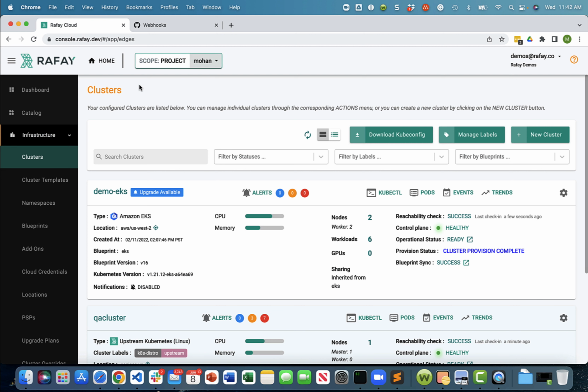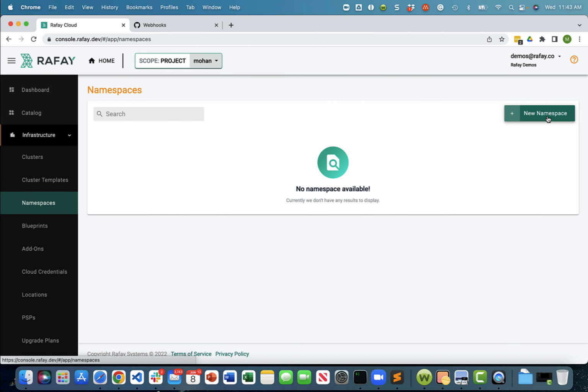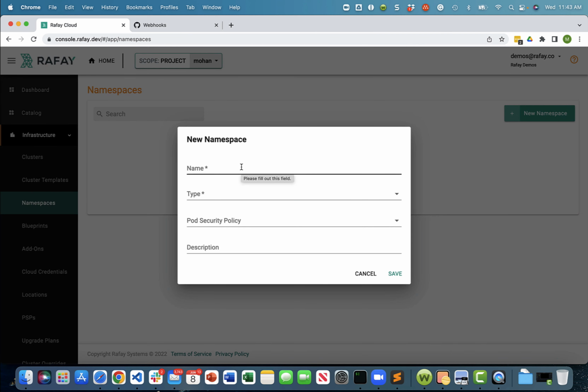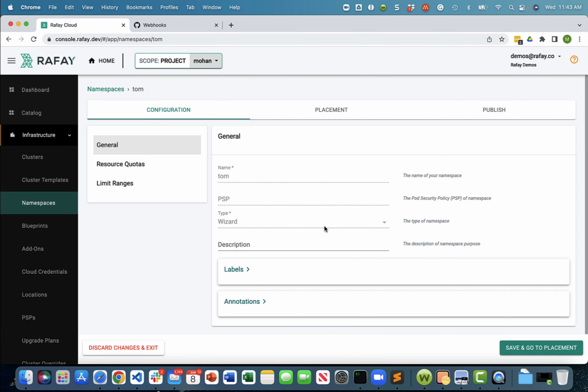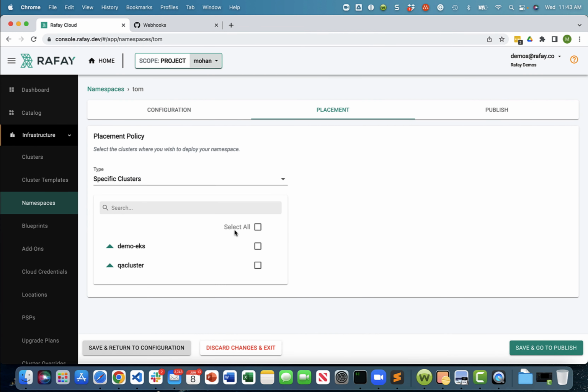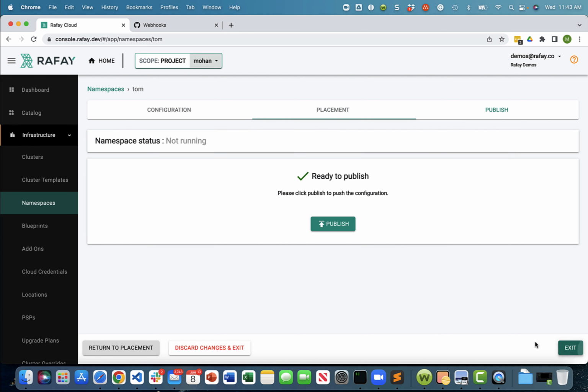our cluster. So let's first start with creating a couple of namespaces. We're going to deploy two applications. The first application, let's call it Tom. We're going to create a namespace called Tom, and we're going to go deploy it to our EKS cluster. And